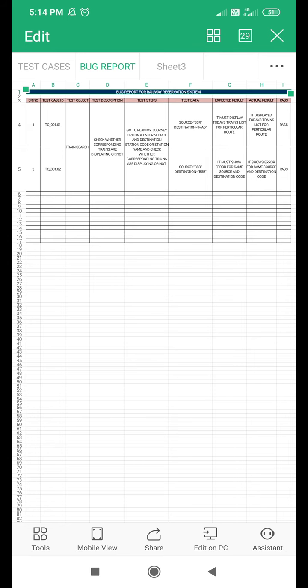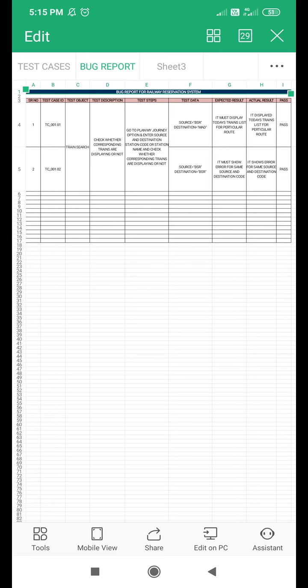Insert the source station name and destination station name, then select the date, and after that click on the search train option. Then it will show you the trains available for that particular date.